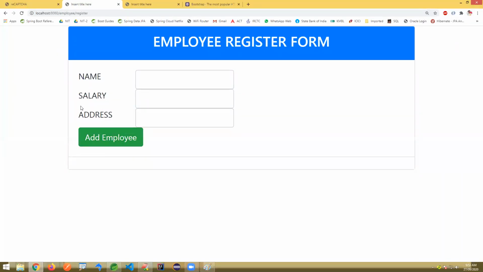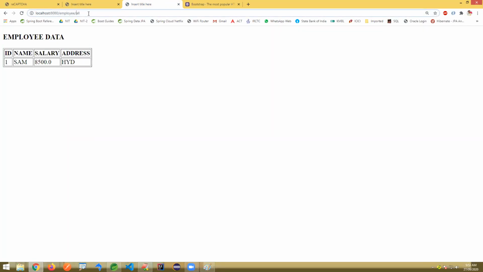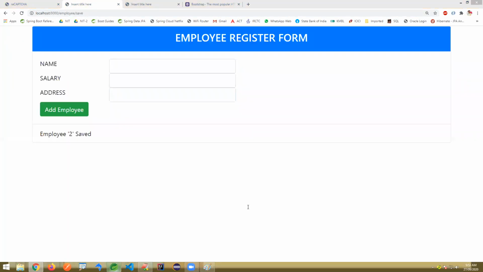Okay. So here I'm just taking a simple form here. So employee saved successfully. Like this it is showing here. And if we just click on that all button even,